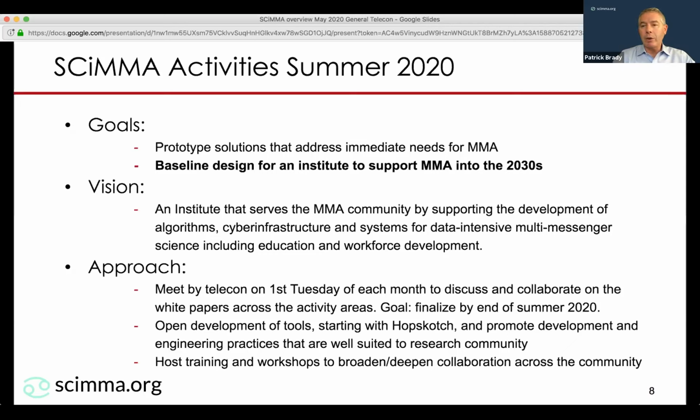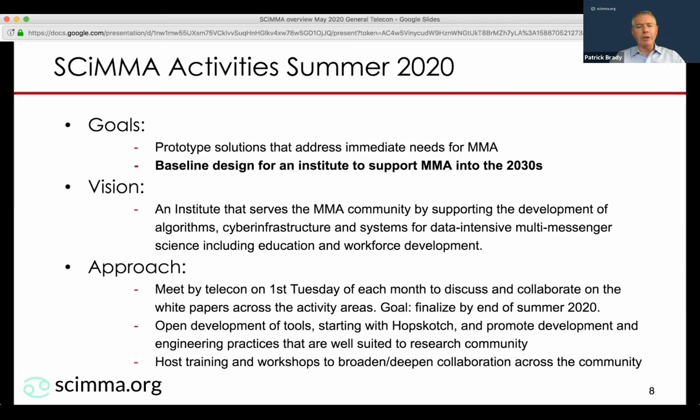One of the things that we're hoping to do with this is to promote some development and engineering practices that we've found to be useful, and we have deliberately designed around agile development within the context of the software development that we're doing. The goal is that that's somewhat well aligned with how a research community operates, and so we want to try and not fit a square peg into a round hole.